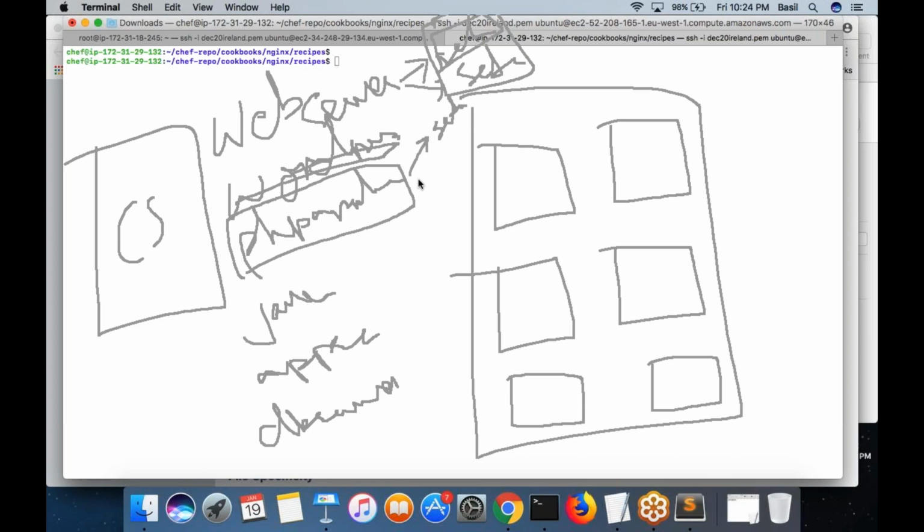Then you want to install something else also, the PHP MySQL. Then another one, download WordPress or setup WordPress. You need to download WordPress, extract to www.html folder, then also copy the wp-config.php file. Those things will be contained in the PHP server run list.